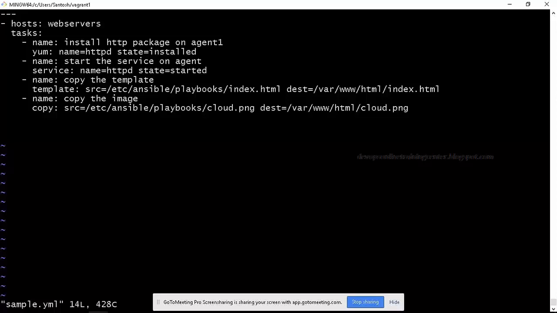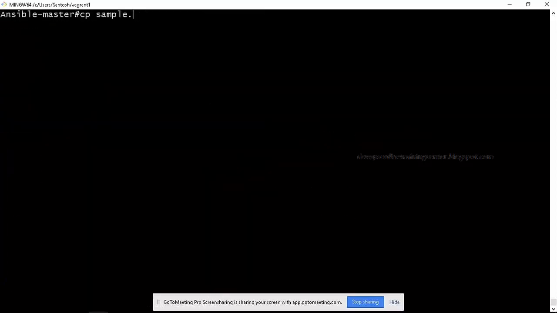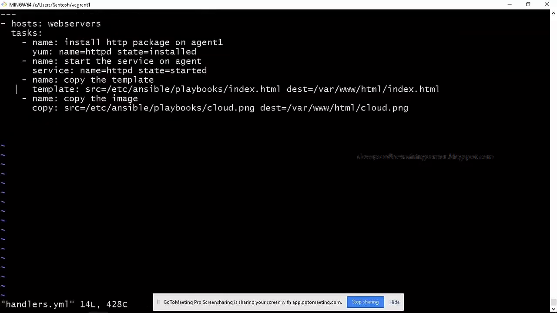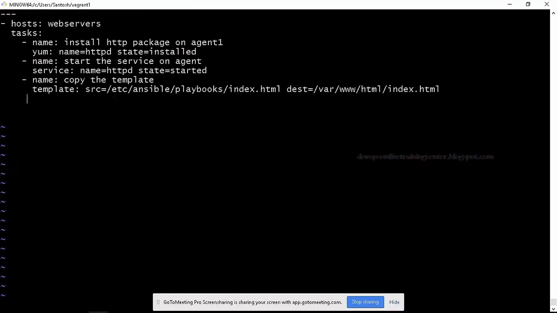So I'll just create another one, otherwise copy sample.yaml. So I'll say handlers.yaml. In handlers.yaml, just for demonstration purpose, I'll remove this. Now I'll say if template.html is modified, then only go for the handlers, right? So I'll just say notify.